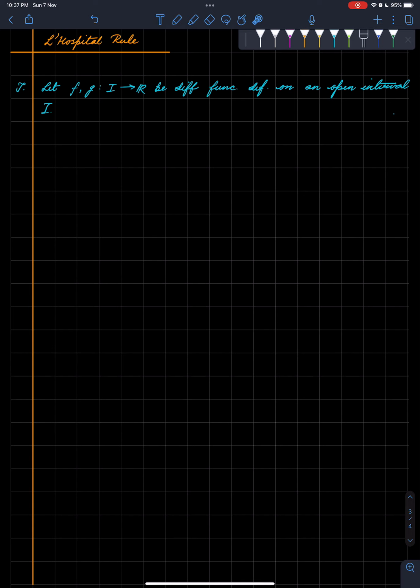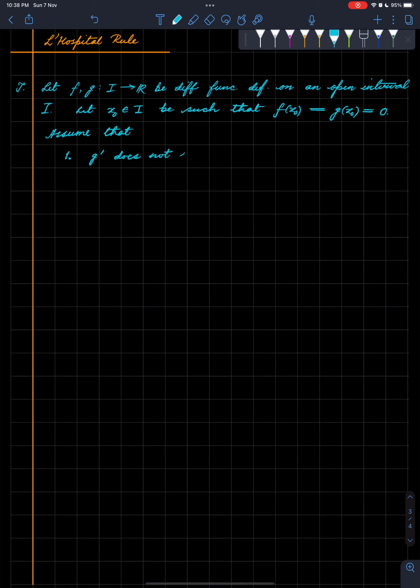So we have two differentiable functions defined on an open interval, and let x0 in I be such that both f and g vanish at that point, and assume two things: one, that g prime, meaning the derivative of g, does not vanish anywhere on a deleted neighborhood